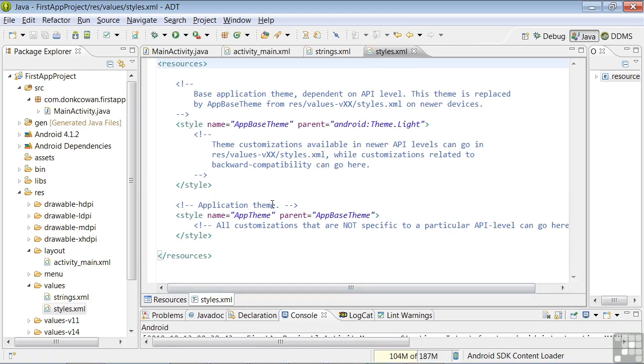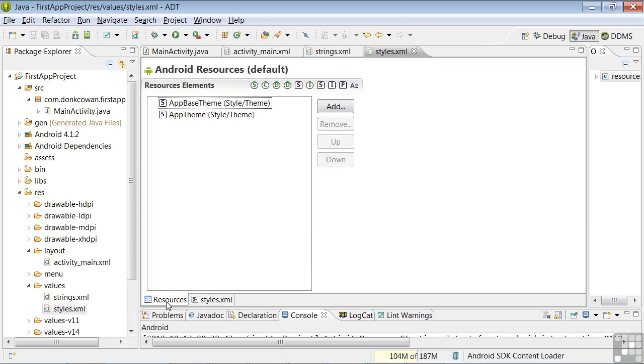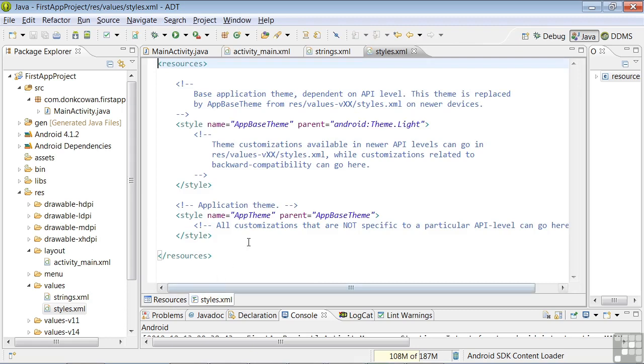And there are also two ways to look at styles, including the form method we looked at for strings. But we'll focus on raw styles XML. And the wizard has set up two style tags for us, one for the base theme and another for the app theme. The base theme, being called app base theme, as indicated by the text here, is using the Android theme Lite. And this base is replaced by more up-to-date themes if the mobile device is running on a